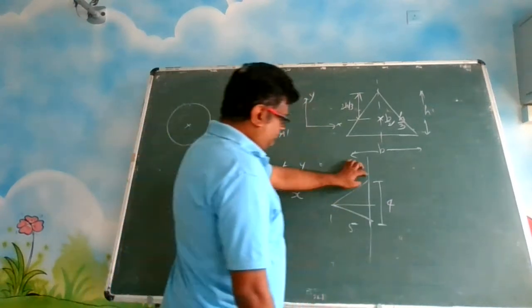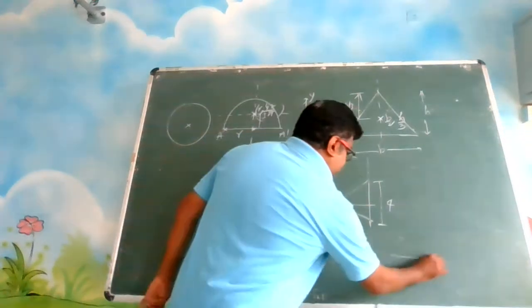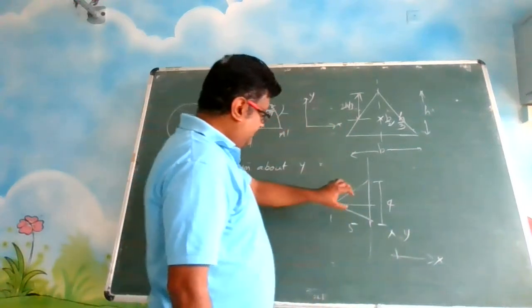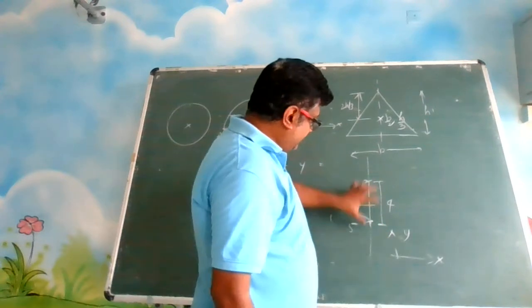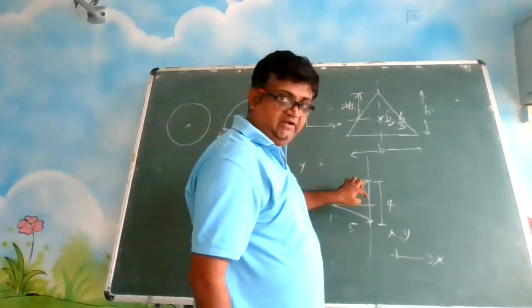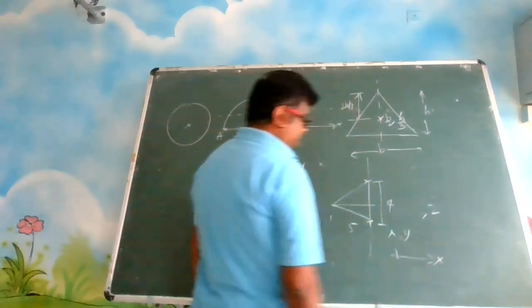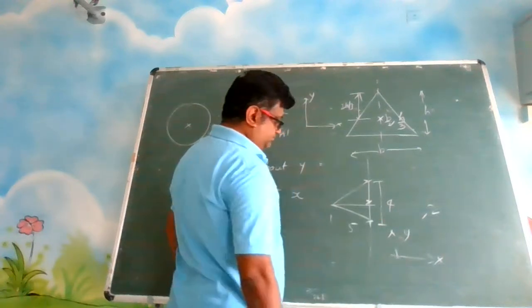So 4 means in the middle of both it will be at 2. You are calling this as x here and this as y. Look carefully, here this point and this point are symmetrical. So in the y direction, it is okay. It will be in the center. So in the y direction, it will be 2. In the y direction it will be here.